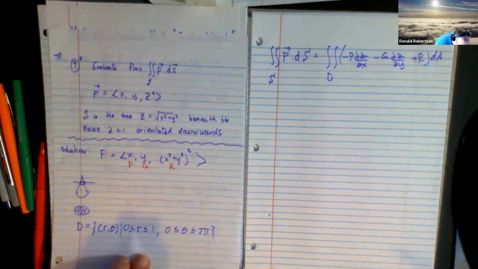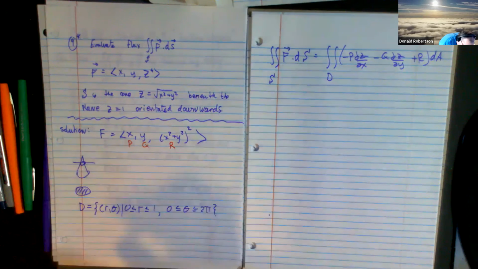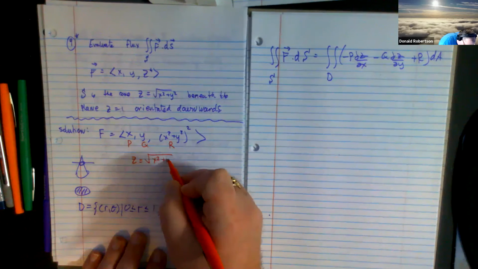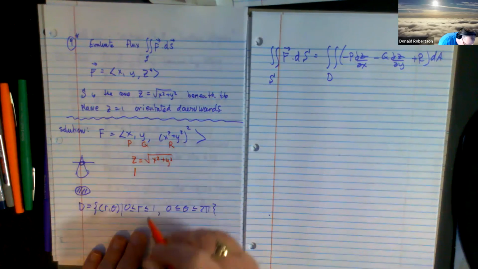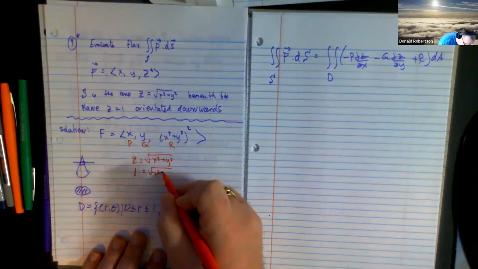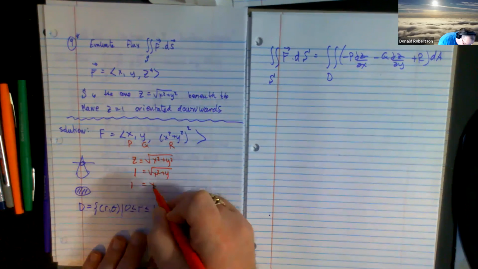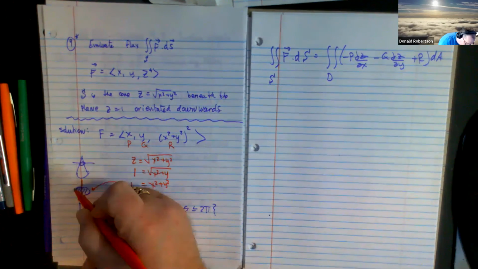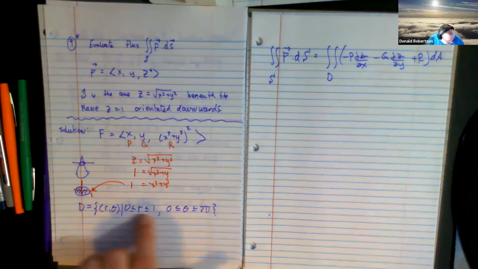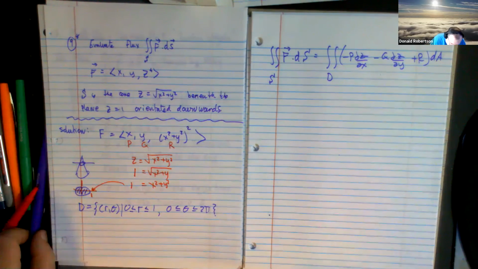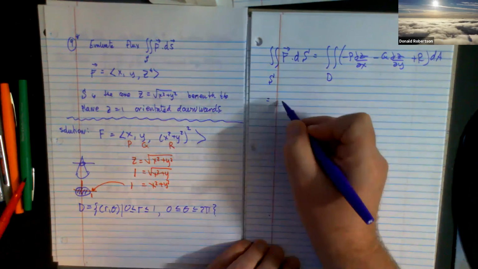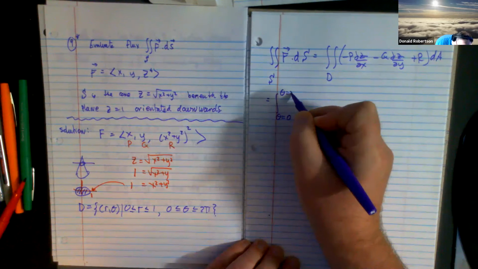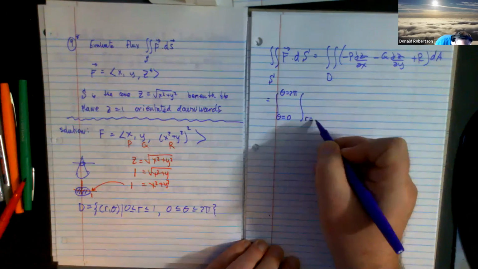And just in case you're not happy about this, if you take the equation of the surface and you say that z is 1, then you get that, and that gives me this relationship, which tells me that we have a circle of radius 1, which is how I got D. So we are going to have theta equals 0 to 2 pi, r equals 0 to 1,